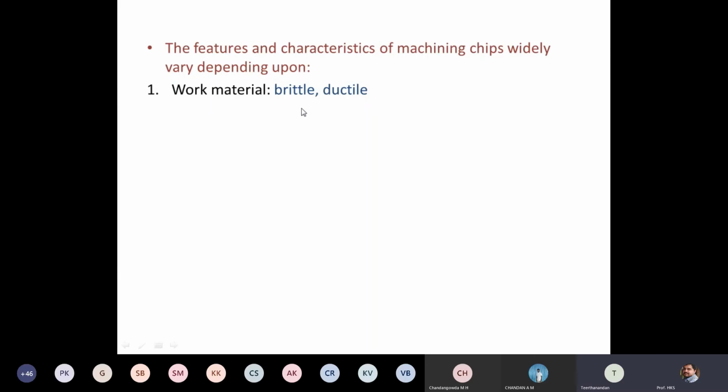Okay, so you can consider another example. If you consider human bone,